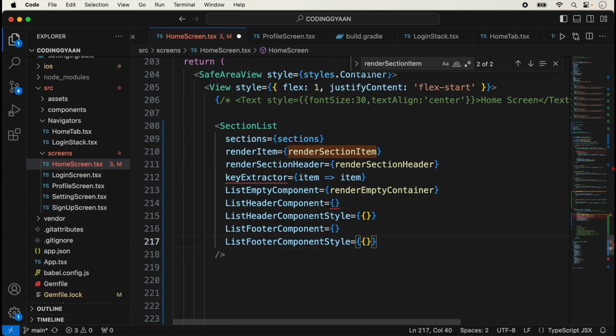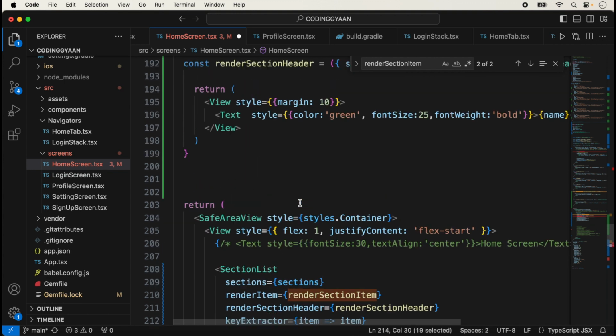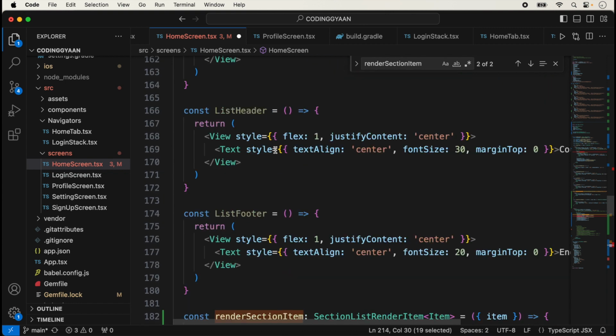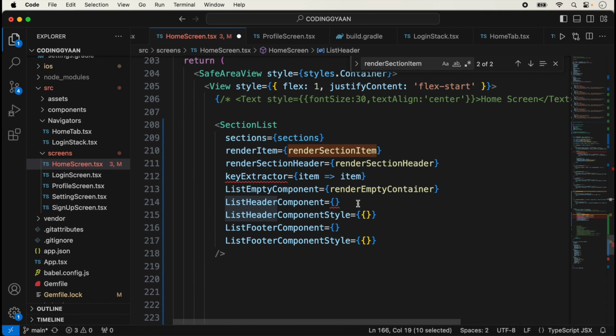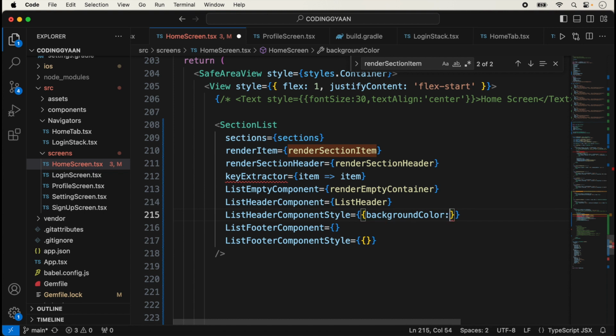And we are already using the header component for the flat list, so we just call it here. So this is the list header, so we can directly call it here, and we can also give the style. If you want to give any style in the list header component, we can just add it here. So I am giving here list header component a background color, suppose I am giving a blue color,